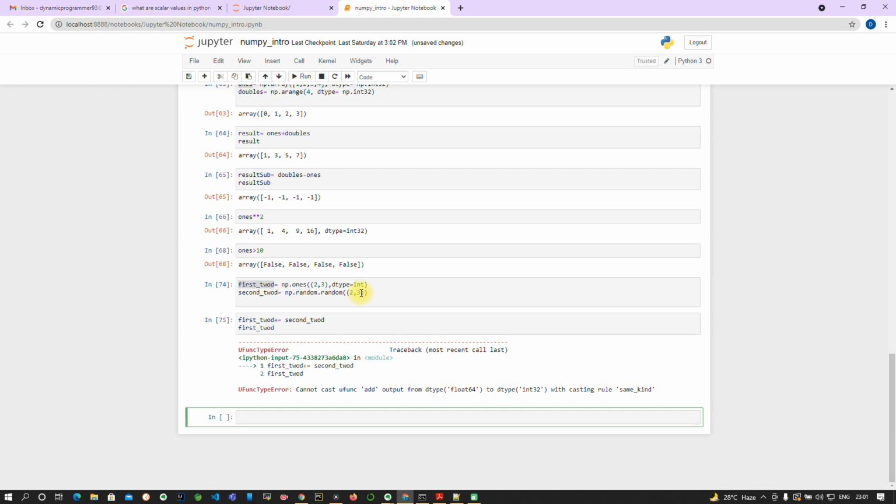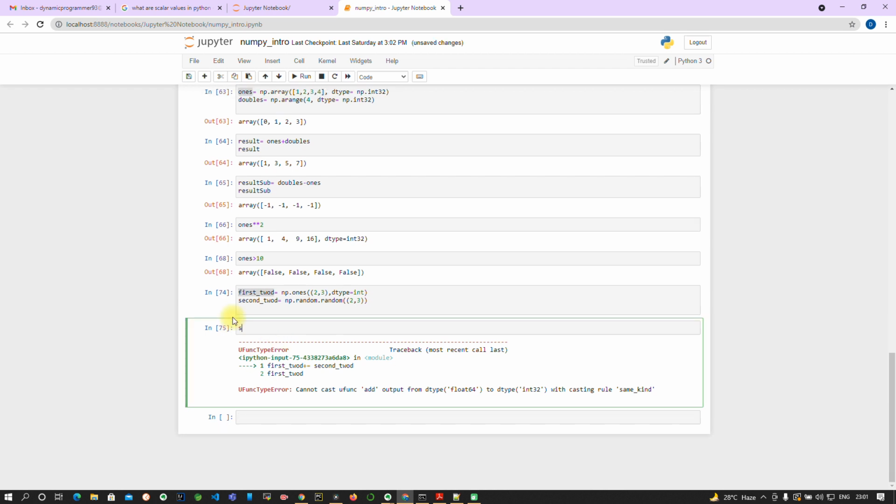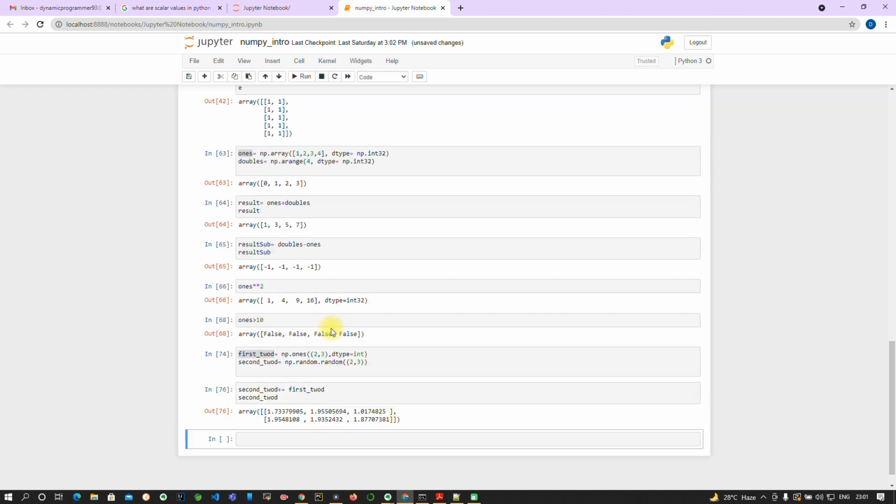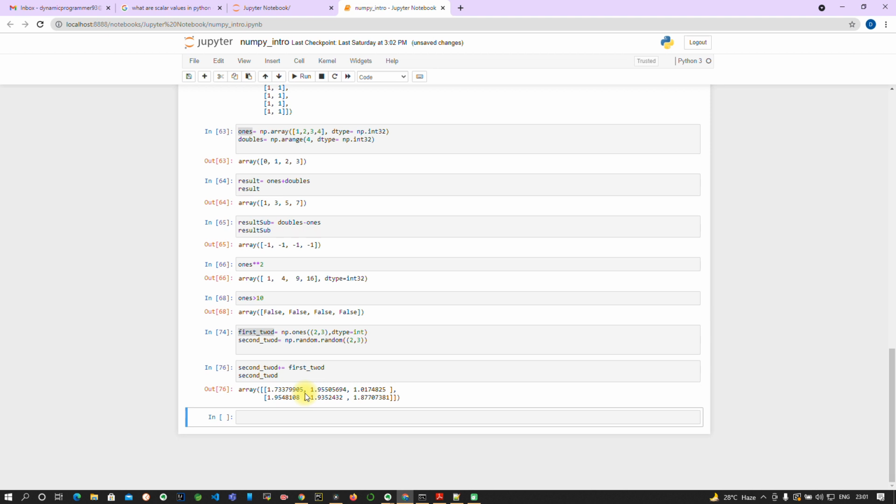This is about casting, upcasting and downcasting. Now we can use the second one plus equal to first one, and here you can see it works fine, because int can be converted to float, but float cannot be converted to int.